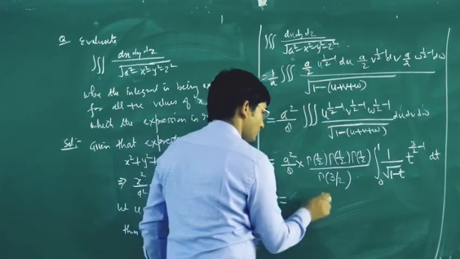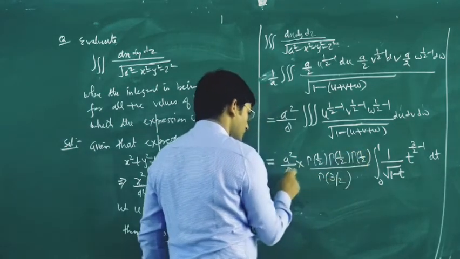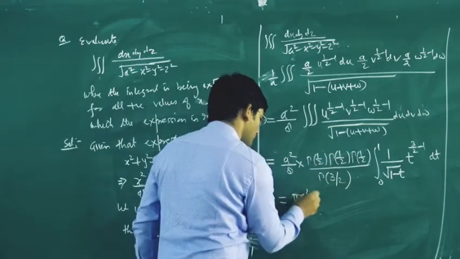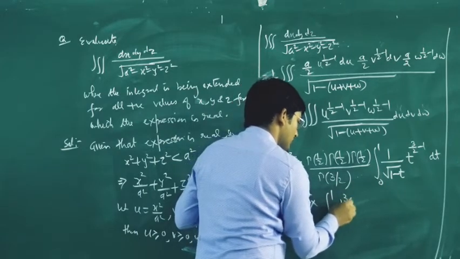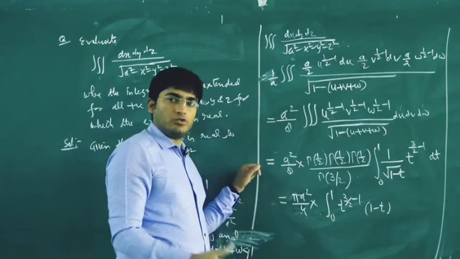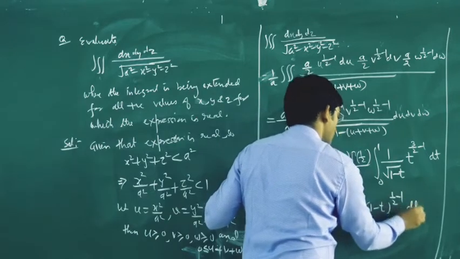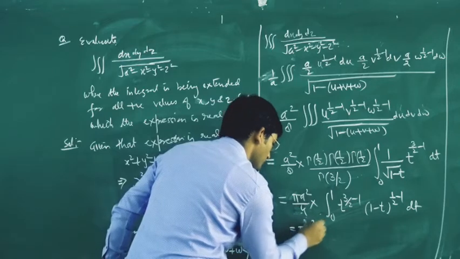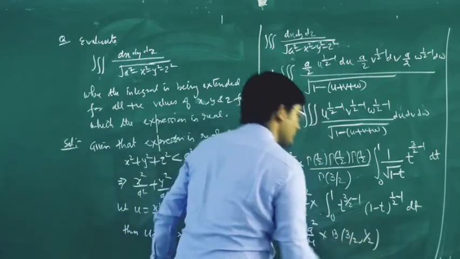So now your gamma 3 by 2 will be half gamma half. So 1 gamma half will get cancelled. So this will be your 4, and gamma half into gamma half will give you pi. So we have pi a square by 4. Now this integral can be written as t power 3 by 2 minus 1 into 1 minus t power minus half. This minus half can be written as half minus 1. So we have pi a square upon 4 into beta 3 by 2 comma 1 by 2,